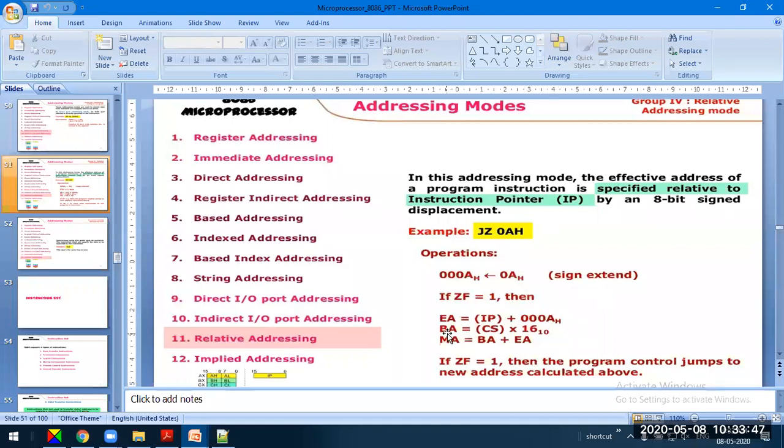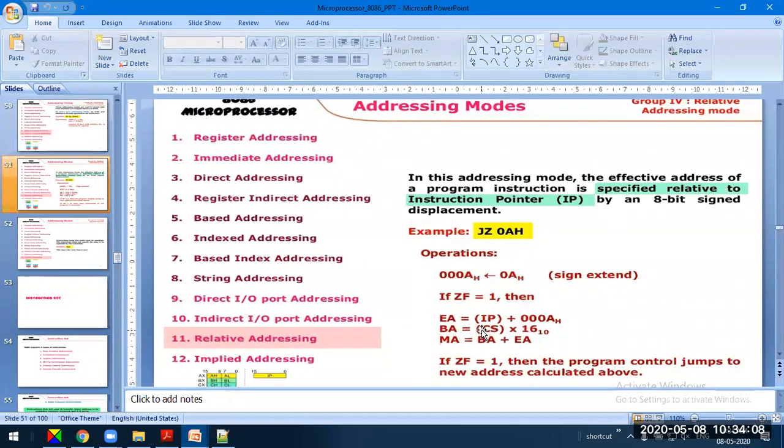The base address is in the code segment register, because the instruction pointer always points to the instruction stored in the code segment area. For the code segment area, the base address is stored in the code segment register.